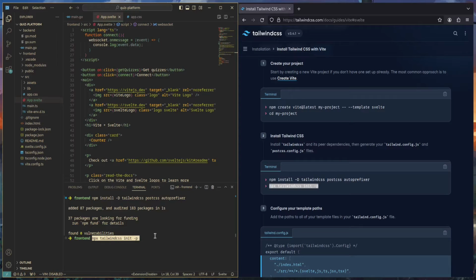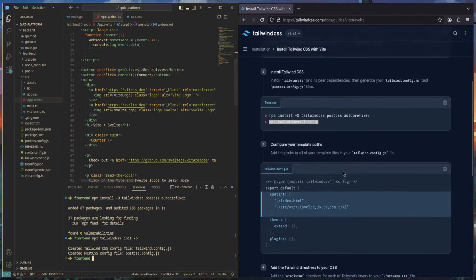create configuration files for our Tailwind CSS. So this will let us actually configure Tailwind CSS. You can actually create your own Tailwind styles and modify the existing styles if you want. So it's really customizable, which is nice. So let's run that. And then we can see that it created these files, and we're actually gonna take a